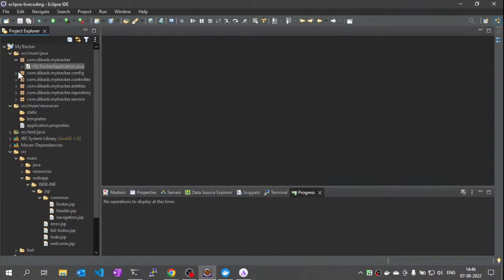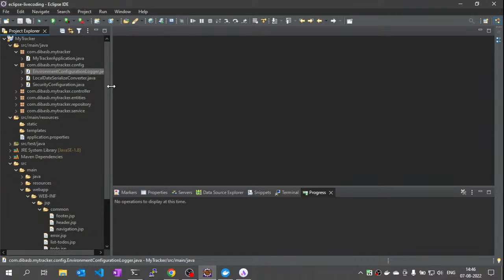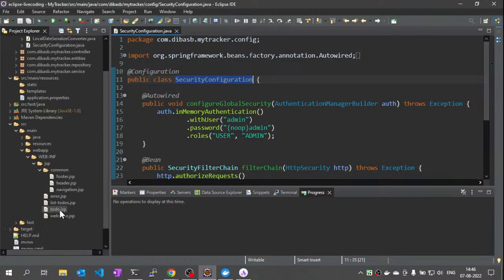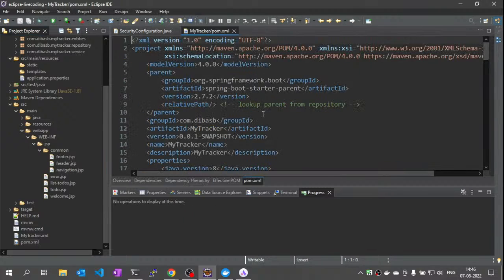Here I have written the logger part. You don't need to know about it, and it's also not needed here. I will highlight this and tell you, I am using the latest version 2.7.2,